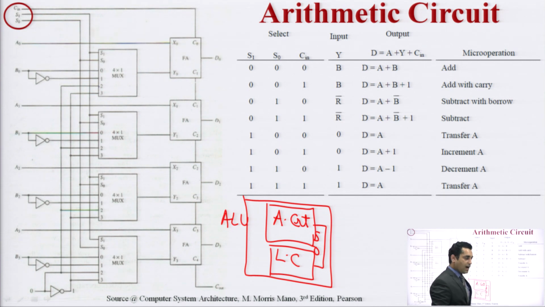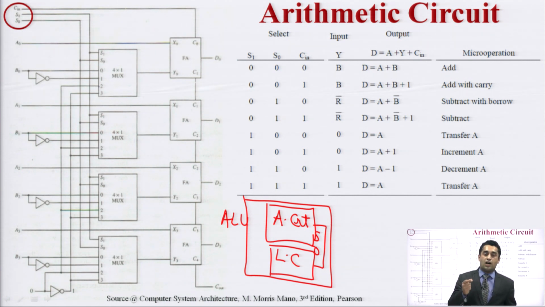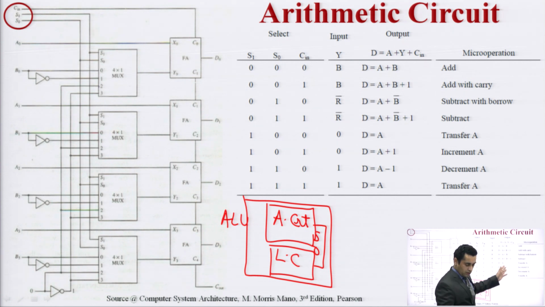It means we are at the minute level where we are talking about this arithmetic circuit. This arithmetic circuit is performing these minute operations. What is the meaning of these minute operations? It means the micro operations are those operations which are now at the leaf part. We have the instruction which we are passing to the computer, and then it is going to bifurcate into multiple operations, and this is the example of the minute ones.